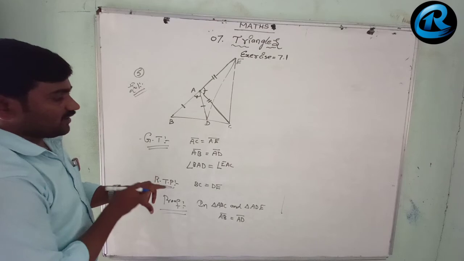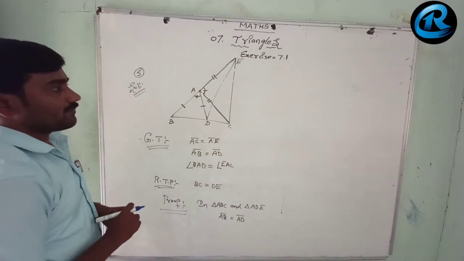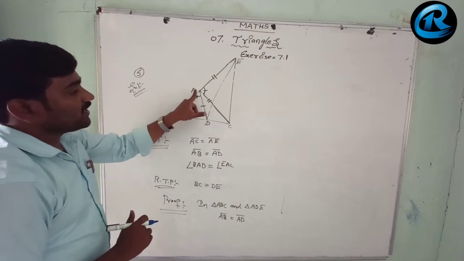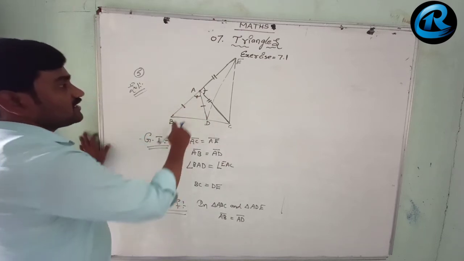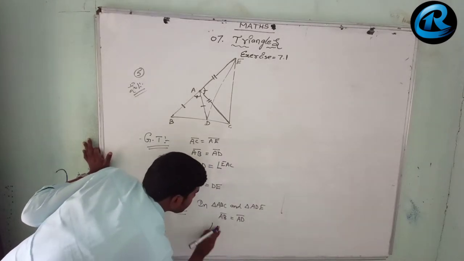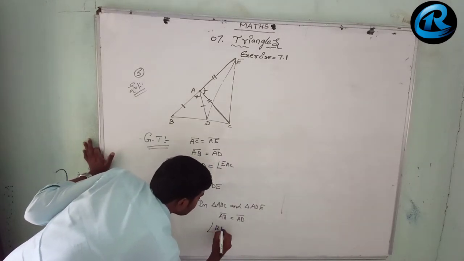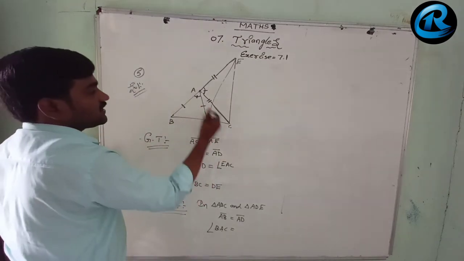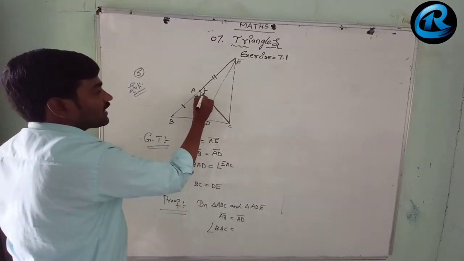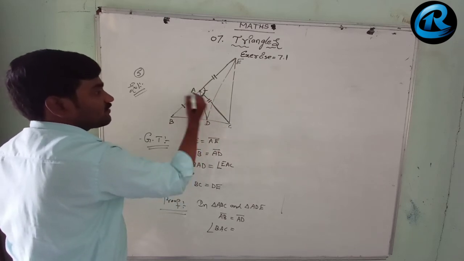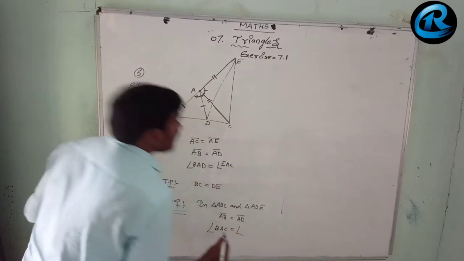So already they have given that AB equal to AD. And now angle BAC, how do you get the angle BAC? This complete angle BAC, angle B to A to C, is equal to angle